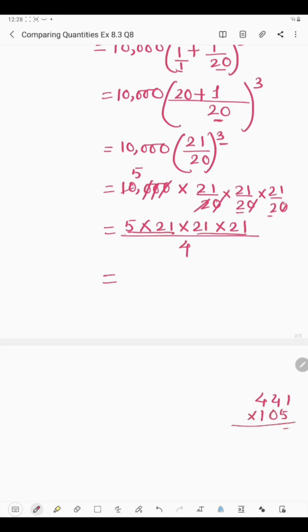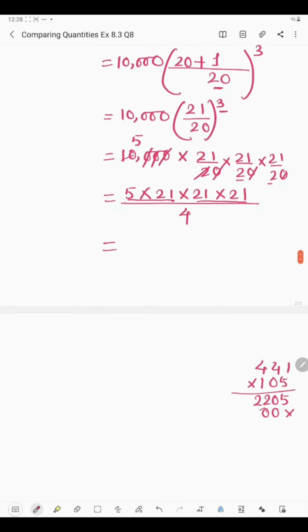So 5 ones are 5, 5 4s are 20, 0, 2 carry, 5 4s are 20, 20 plus 2 is 22. Now multiplying by 0, then we'll multiply by 1. So 1 ones are 1, 4 ones are 4, 4 ones are 4. So 5, 0, 2 plus 1, 3, 4 plus 2, 6 and 4. So it is